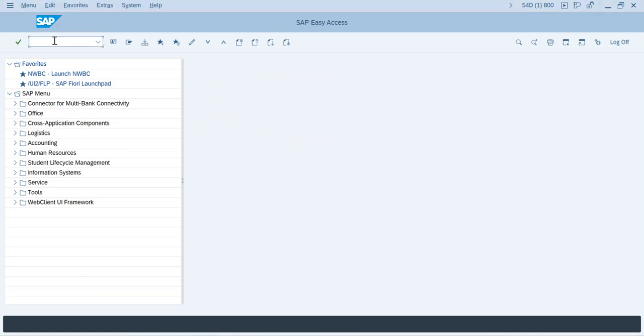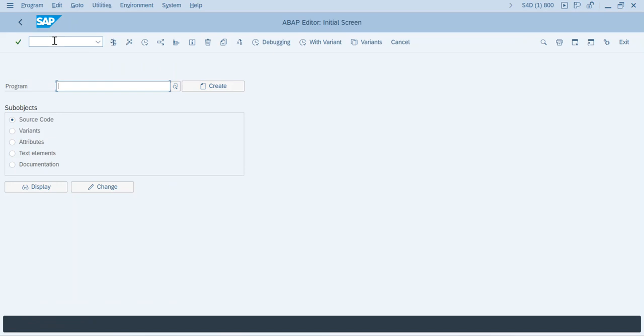So once you log into the system, just type /n and the transaction code is SE38. It's the ABAP editor. Okay, so this is the screen that you will see, and here in the program field you have to enter